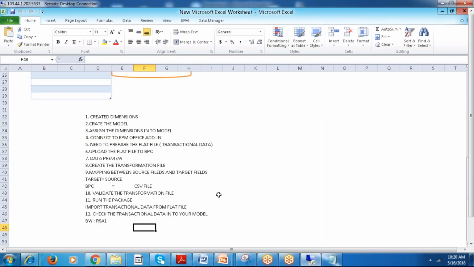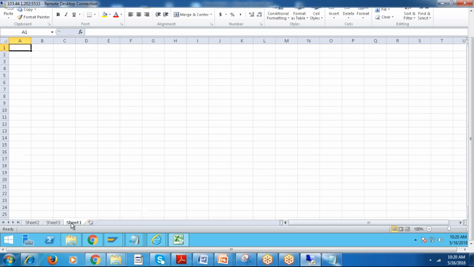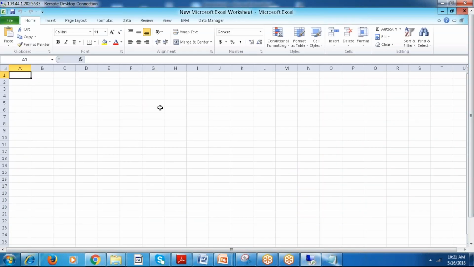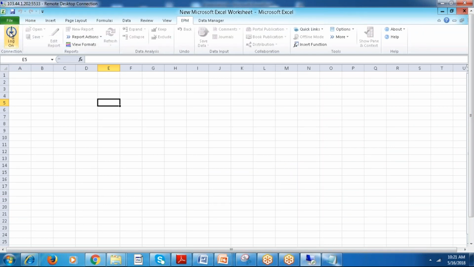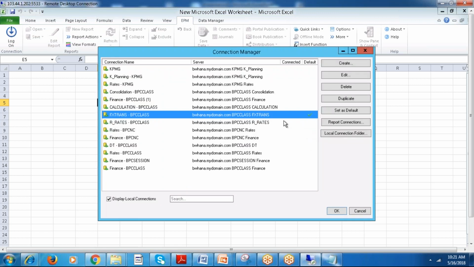So as of now, you know how to create the environment, how to create the dimension, how to create the model, and how to log into EPM Office. These are the steps required to perform the task in BPC.